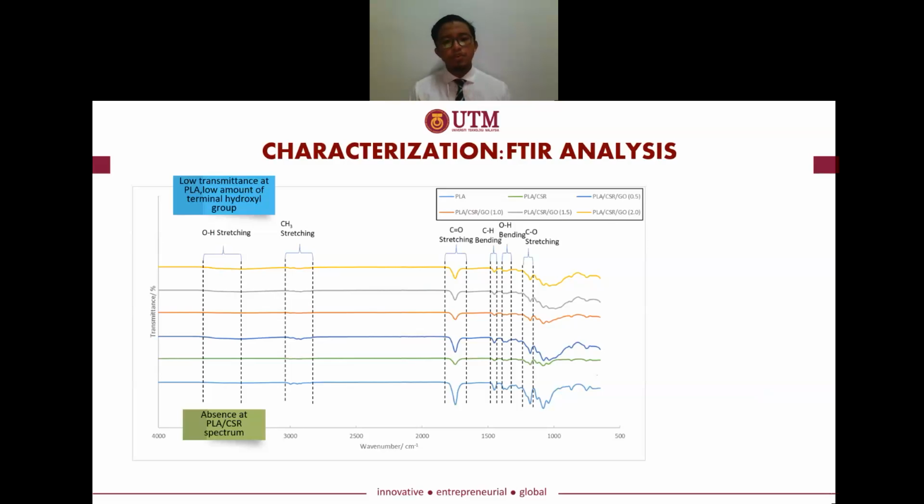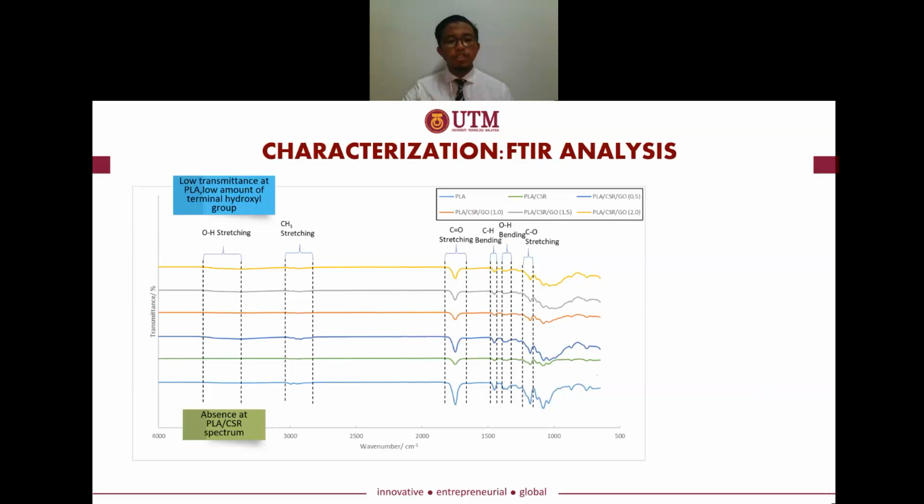most of our spectra follow the PLA spectrum because PLA is more sensitive towards infrared rays, and we can see a little change at the OH stretching, where PLA has a low transmittance compared to the other composites with graphene oxide, because graphene oxide has hydrophilic properties, having more hydroxyl groups, and compared to PLA, the PLA has a lower amount of terminal hydroxyl groups, and the absence